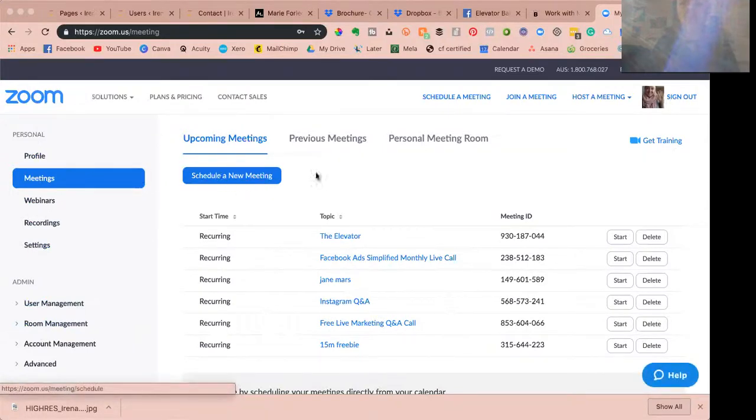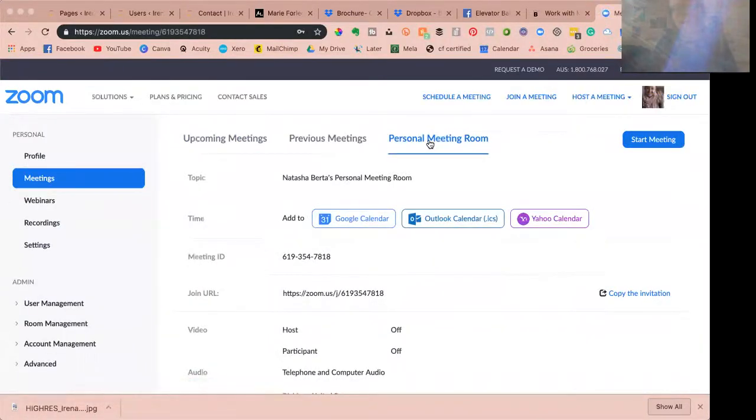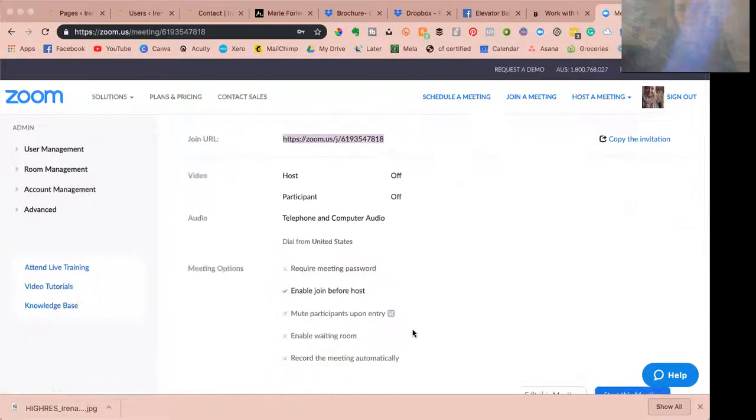Now, there is a thing called your personal meeting room, which is just your allocated Zoom room. You can use the URL of your personal meeting room for general Zoom calls that you don't feel are going to be terribly private in nature. It's kind of like your public Zoom space, and you could share that with a bunch of people. But,